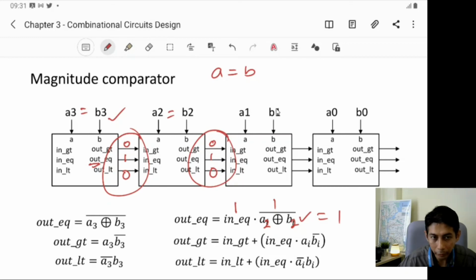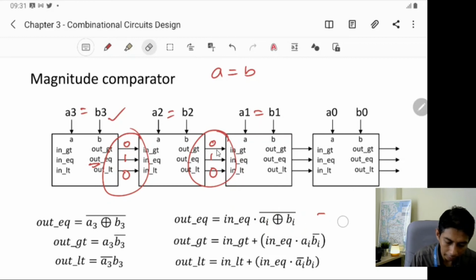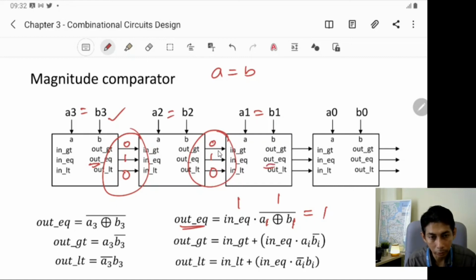And again, when we want to check whether this one is equal or not, in this case, let's assume that A1 and B1 are equal. All right. So again, the input here must be 1. Right? Must be 1. So this must be 1. And using our previous knowledge that we use XNOR, so A1 and B1 XNOR should be 1. Now we have output E out equal to 1.